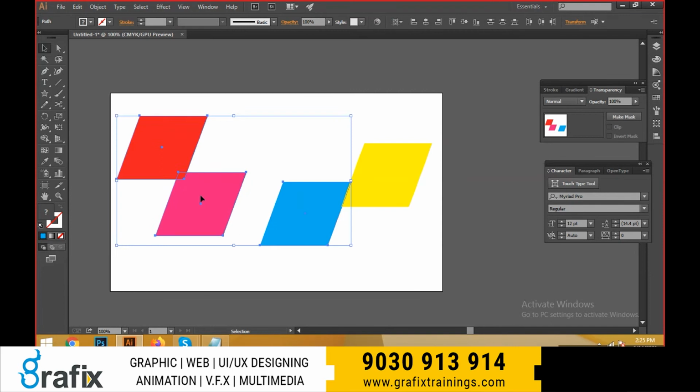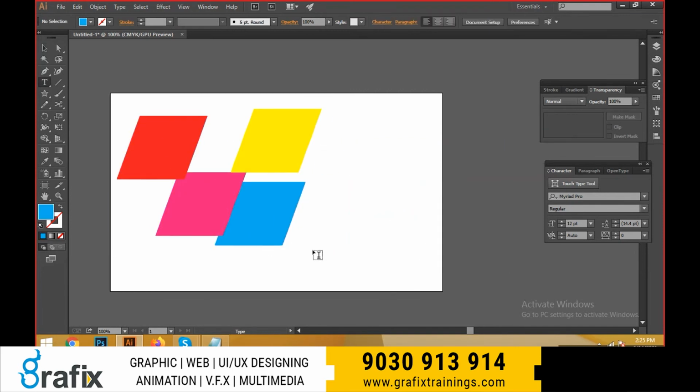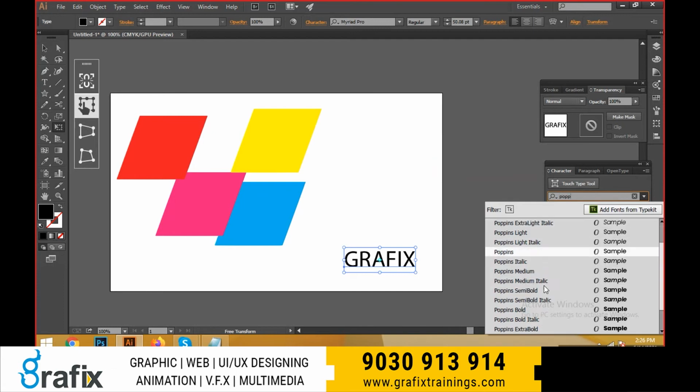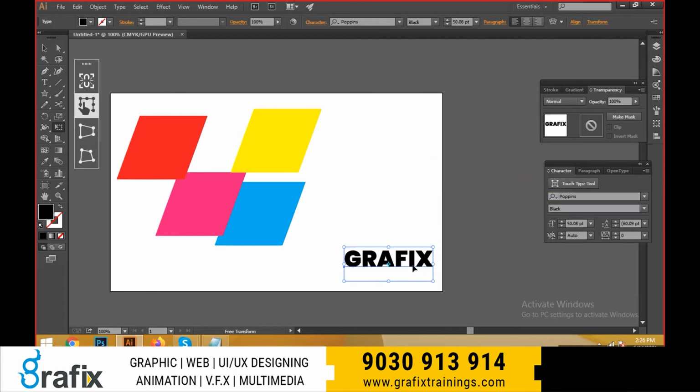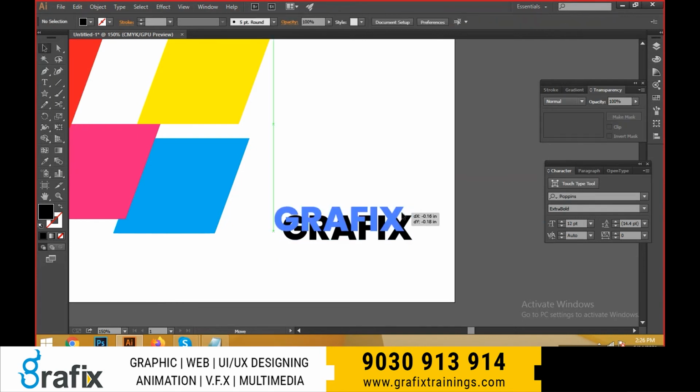Expand. Suppose it is a text object, guys, and I make it a text layer. Select this one and make it some font. Already we have a default font, Poppins, and I make it some Poppins bold font, and select this one and make it some more extra bold.